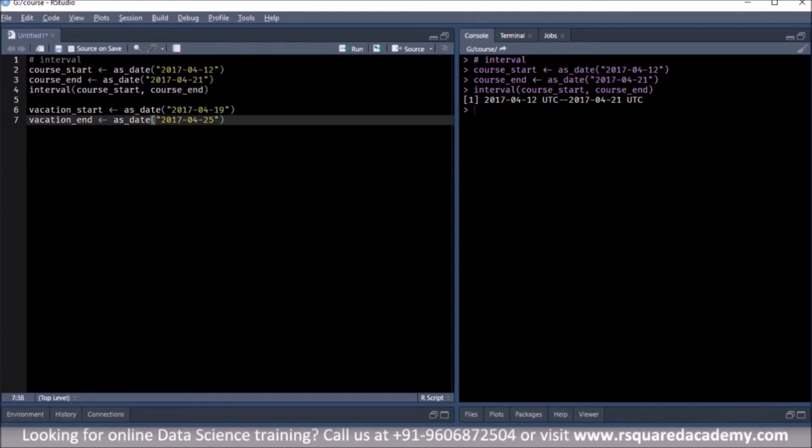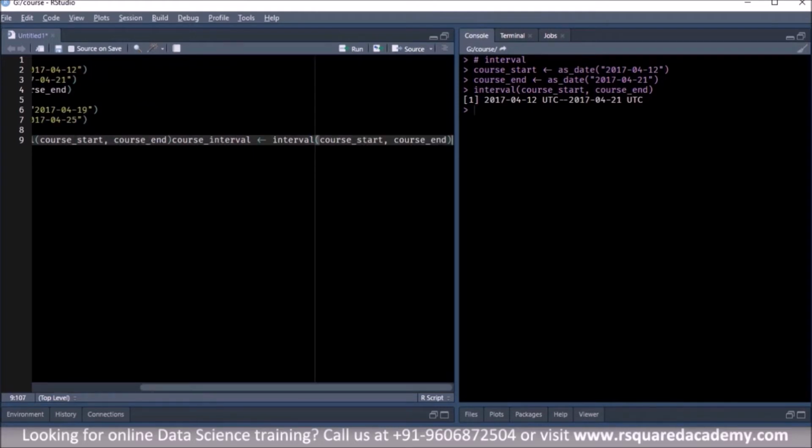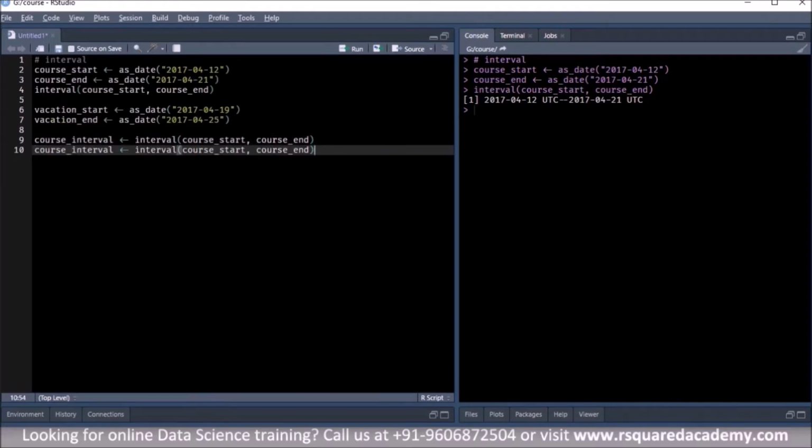So we'll create two intervals now. The first one is course interval, and then we'll create a vacation interval as well. Here instead of course we'll have vacation, so the vacation start date and the vacation end date.